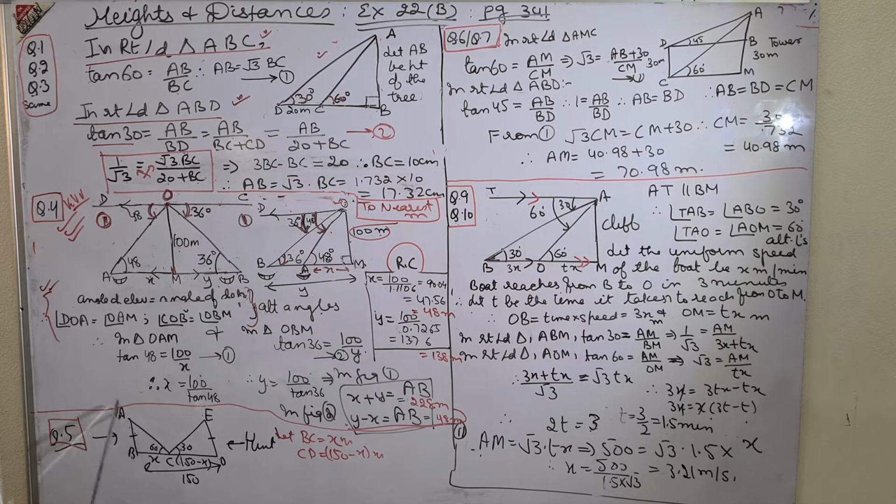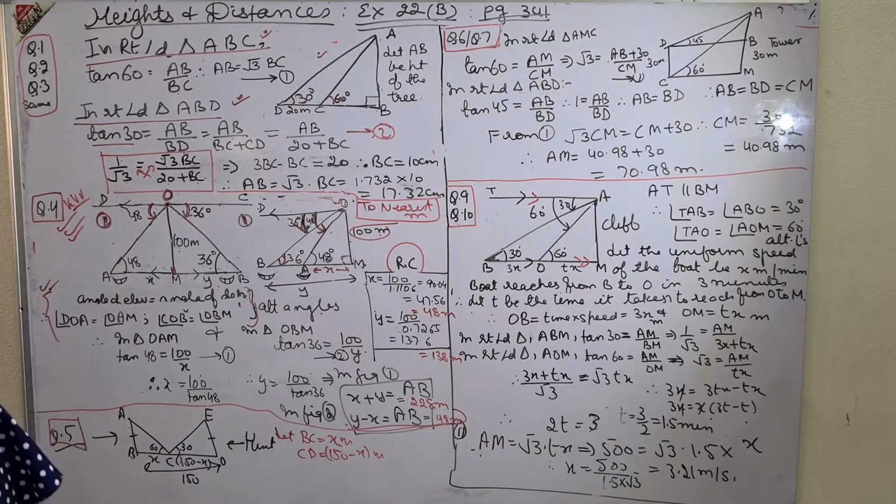One is at an angle of 60 degrees and the other is at an angle of 30 degrees, and the width of the total roadway is 150. So I took BC. C is the point in between. It is not the middle point, so don't do 75, 75. It is in between. So I have taken one part to be x, so the other will be 150 minus x. And then you take the triangles one by one and do the needful.